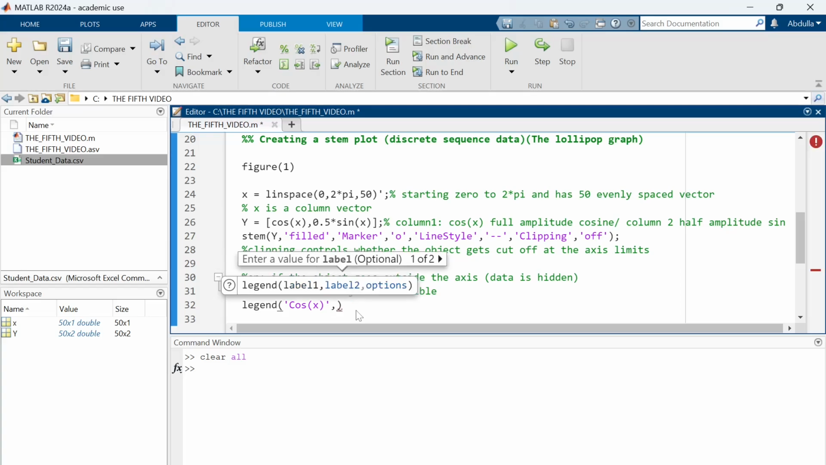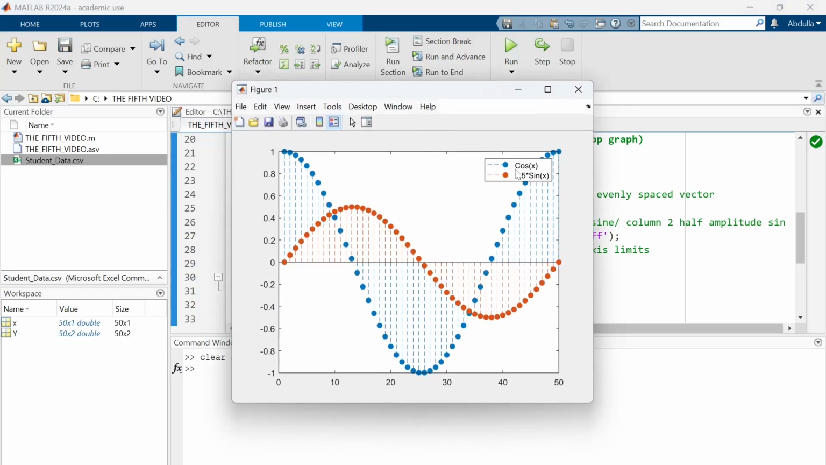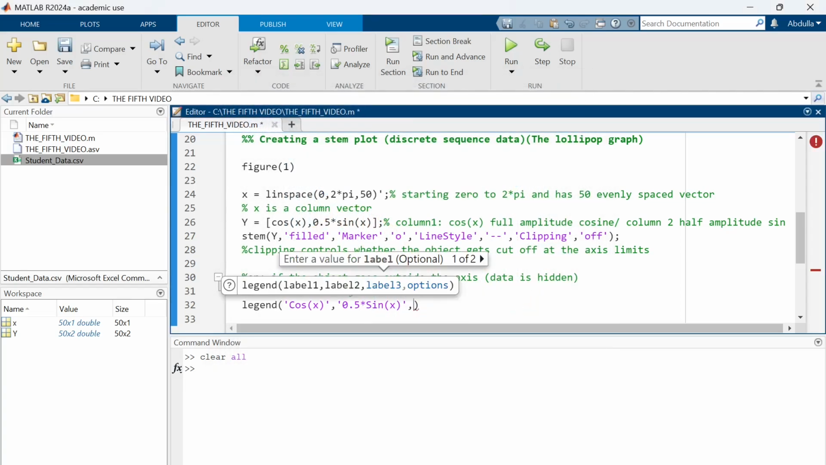Okay, second label, like MATLAB just starts understanding me, and I can here make sine x, but let's multiply it by 0.5 right now. Okay, the blue one is cosine x, 0.5 sine x is the orange one, and I can